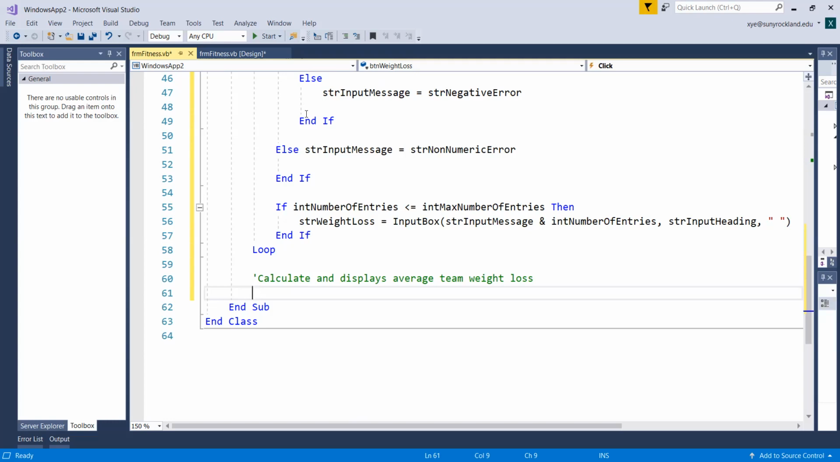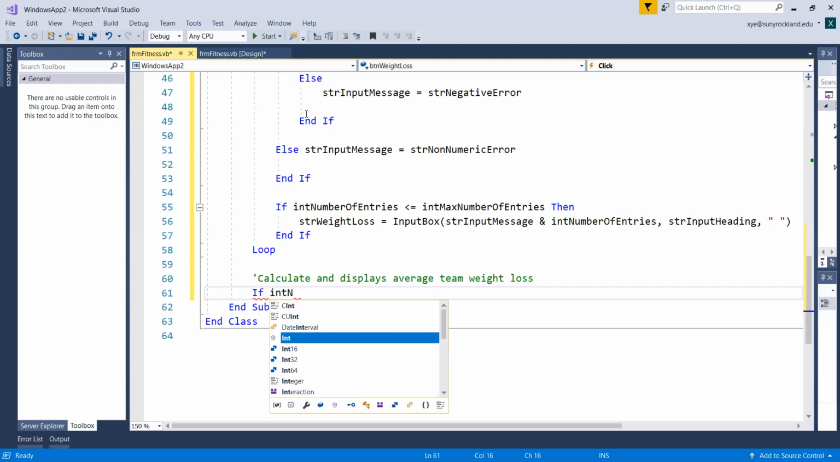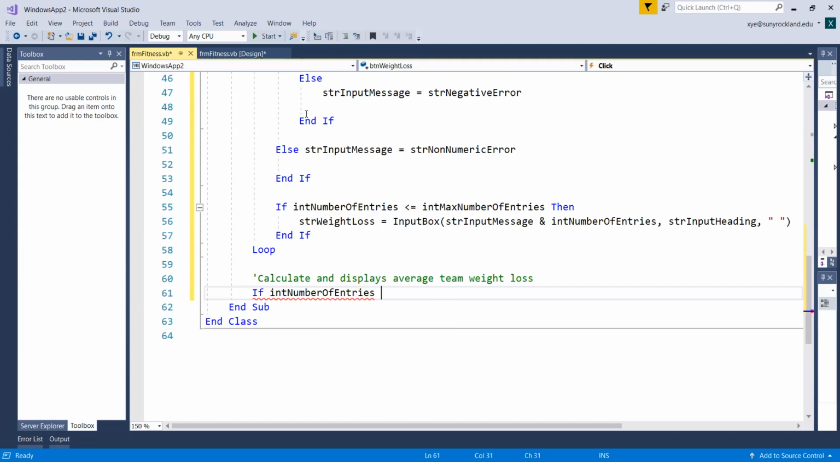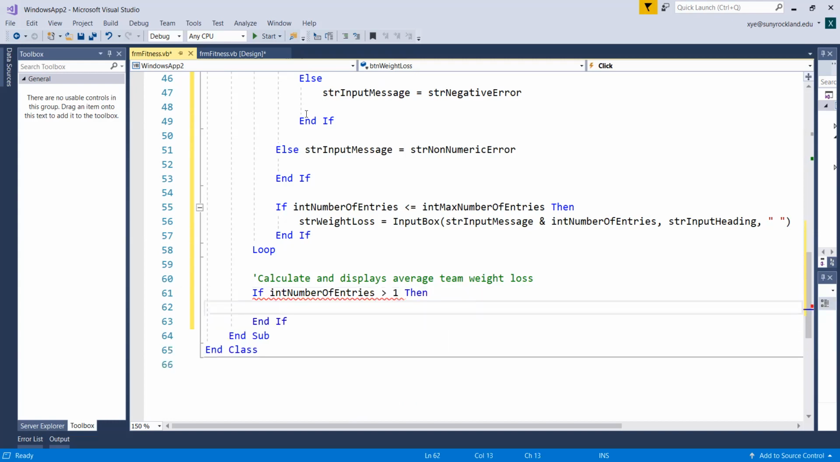Okay, so we have to calculate and display the average team weight loss. Now, the weight loss is quite easy. It's average, right? But first of all, we're going to check, are we getting the right number of entries? So you have to use the if else statement to make sure everything is correct. Okay, so if number of entries is larger than 1, then